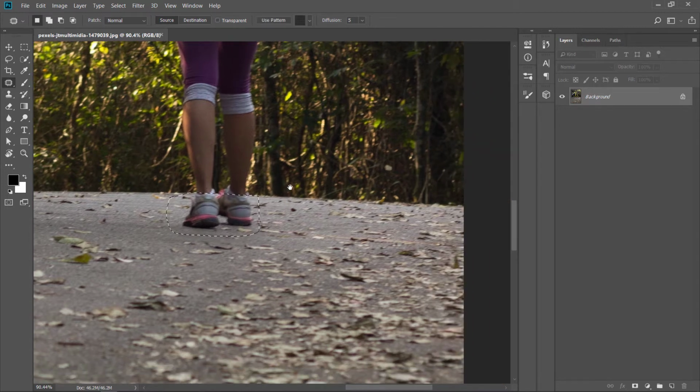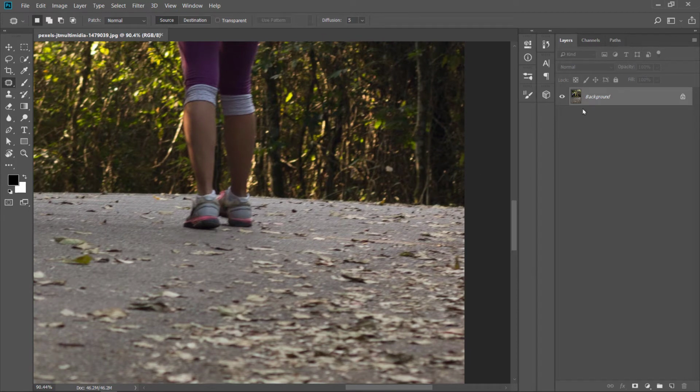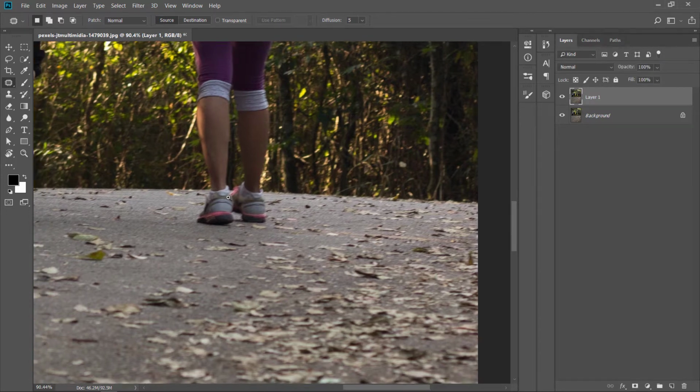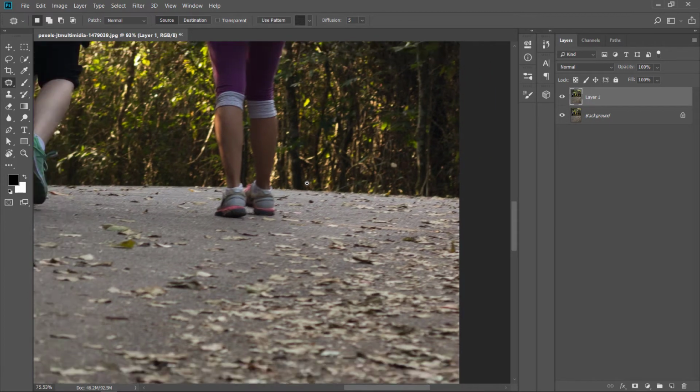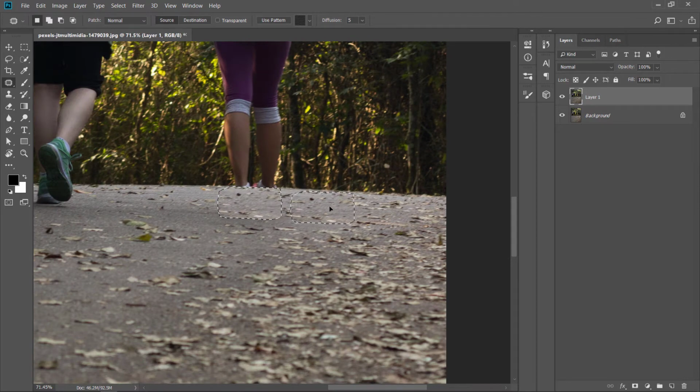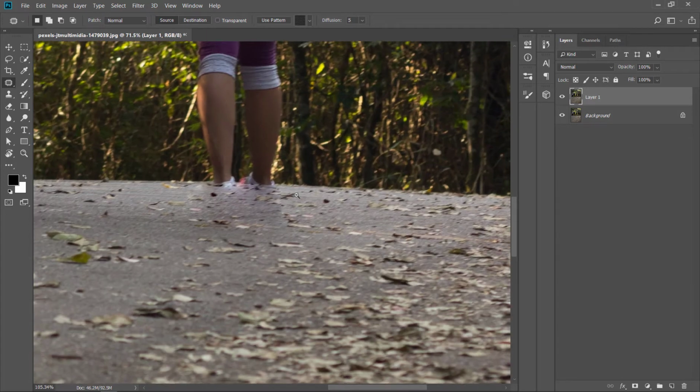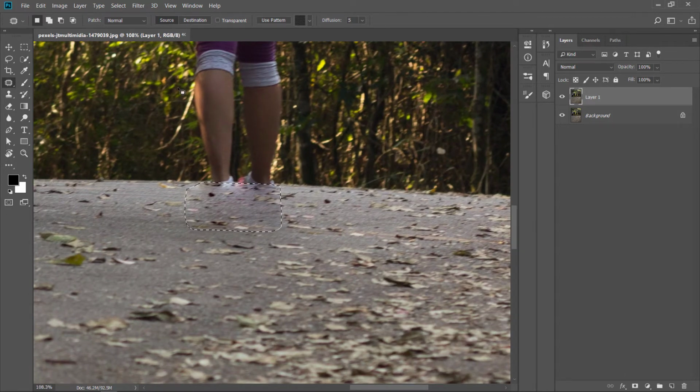over her feet, and then first of all I will copy the background with the help of Ctrl+J. Ctrl+J to copy the image, so we will see the before and after when we complete the steps, or we also do it non-destructively. So just copy her feet and drag a selection from somewhere around her feet or somewhere near.